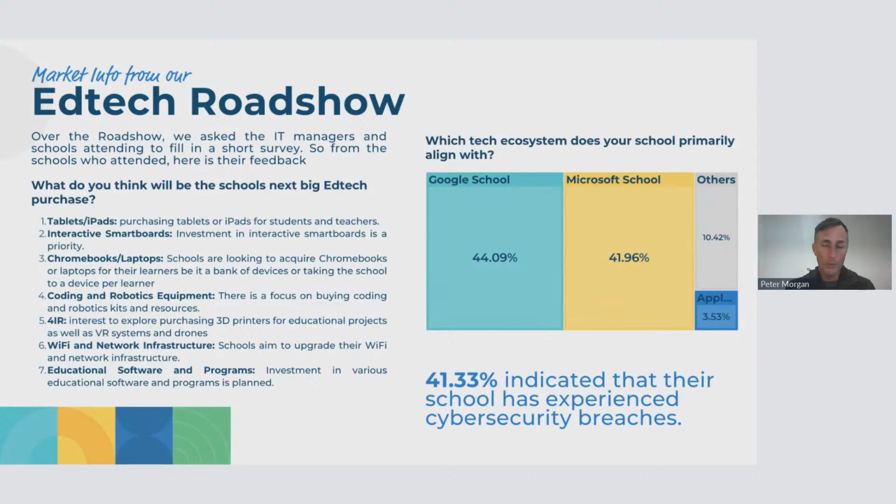There were 2 strong sides that came through. One was, we need an underpinning system, but at the same time, we also need to engage our learners. So just a tip, when you are talking to schools at our events, how are you supporting their infrastructure? And then how are you engaging their learners are 2 big questions there. Number 6, Wi-Fi network infrastructure, and educational, and then the software. So I hope that gives you a bit of an idea of where schools are saying their spend is going to come. So I think there's very clearly 2 components.